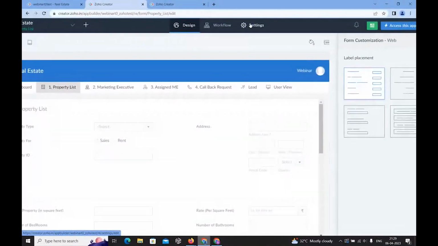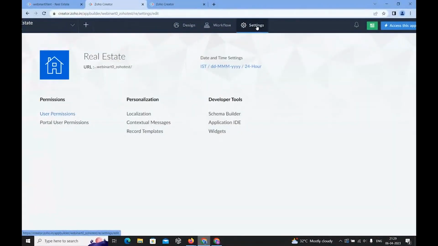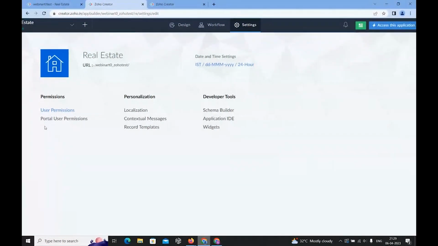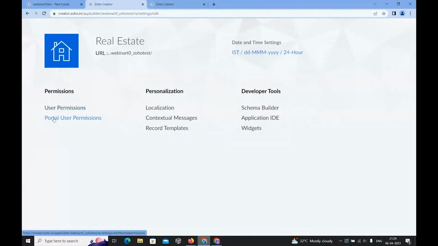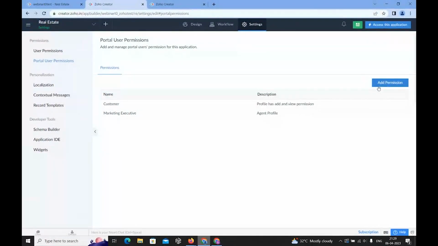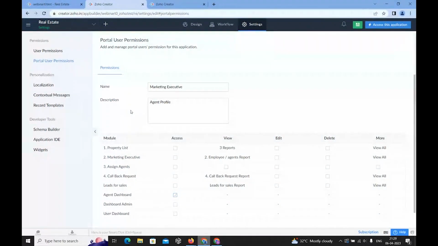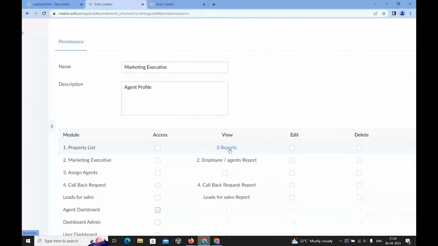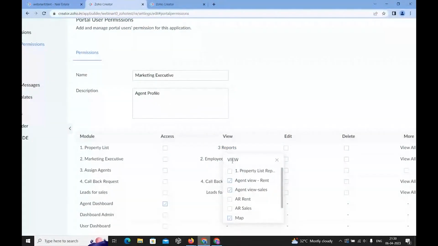In the edit mode of my application, I have something called settings. In the settings, I have something called portal user permissions. Here I can add a new permission and assign the permission. Now I'm going to show you, I have already added a permission called marketing executive. In that, I have given him